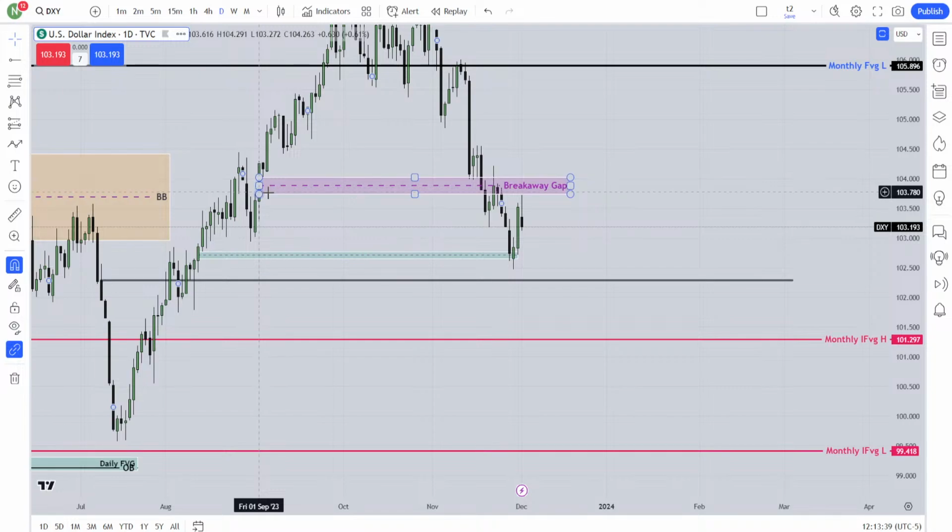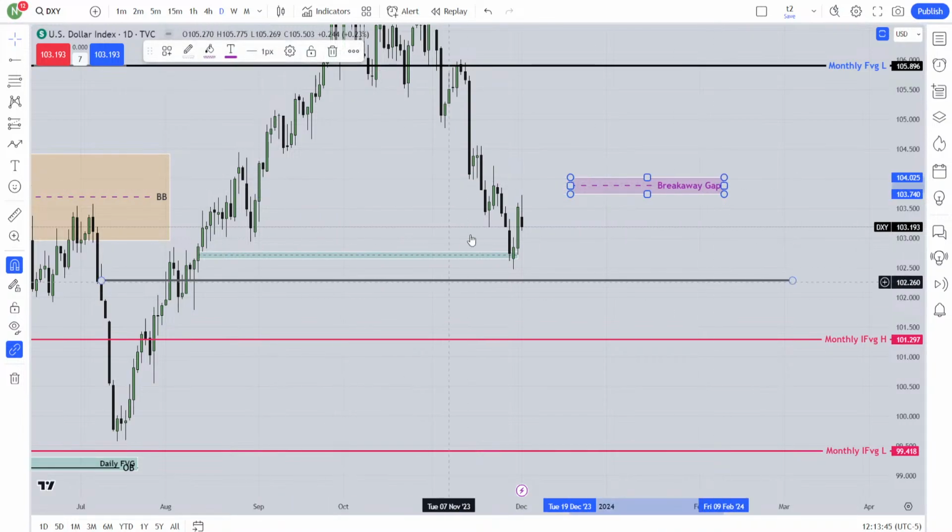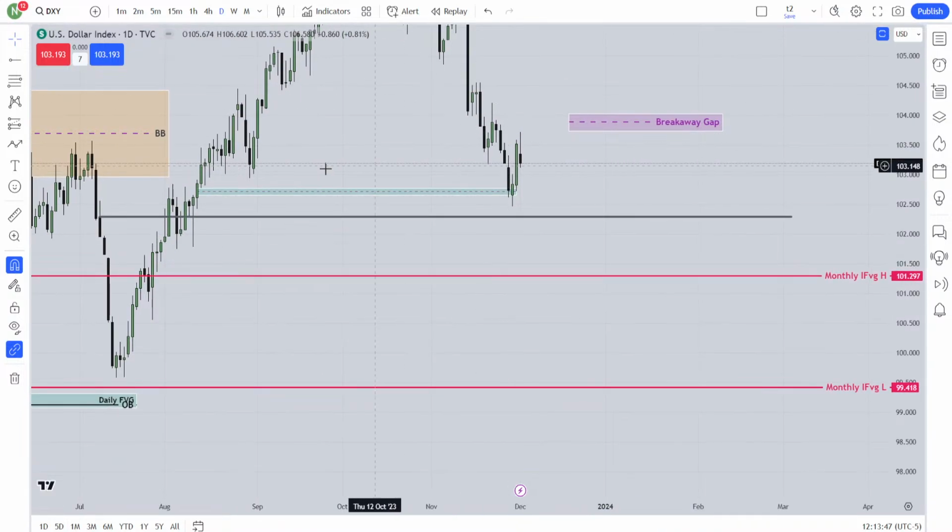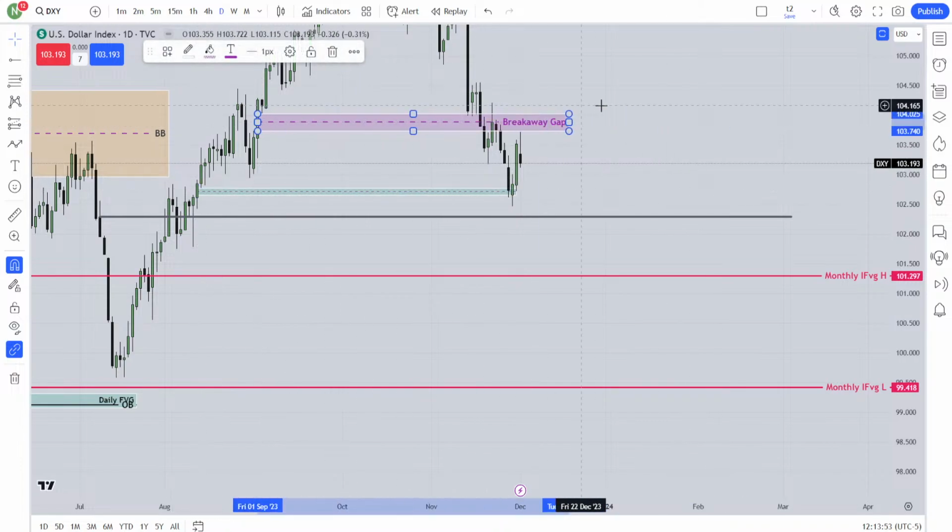When price went through them, I can see this is the place where the last fair value gap is. So I am removing all of these fair value gaps, and I'm just going for that one. When this one failed, it went even lower. I'm going to mark another last fair value gap. This is my last fair value gap. Every time I'm using the last fair value gap this way.